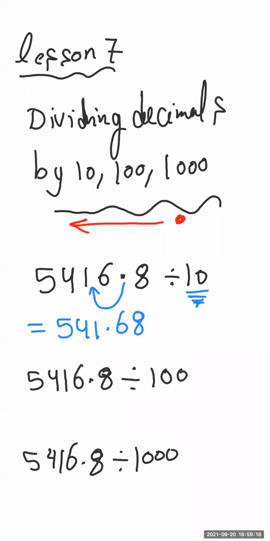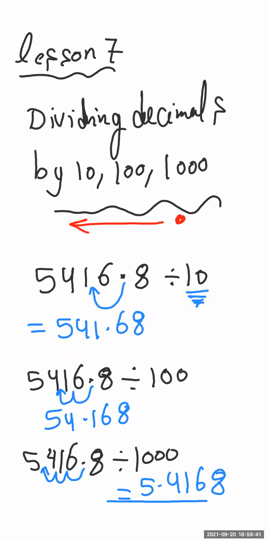What about dividing the same number by 100? 2 decimal places to the left. 1, 2. So 54.168. Now if I ask you about how to divide it by 1000, of course you will say 3 decimal places to the left. Correct? So 1, 2, 3. So it will equal